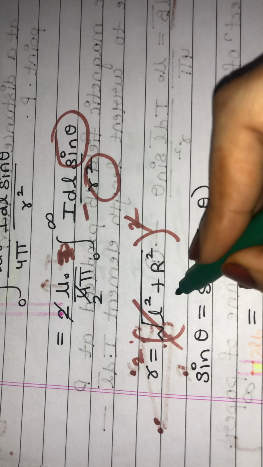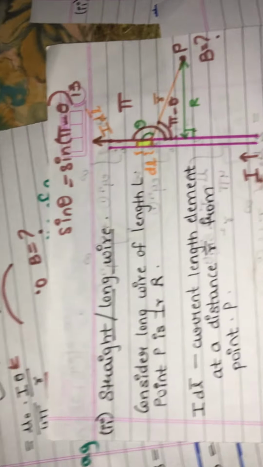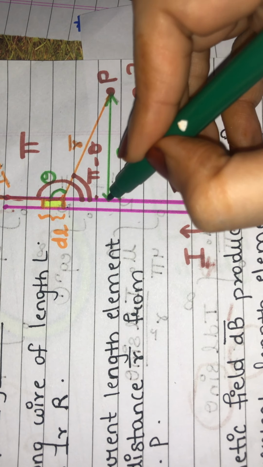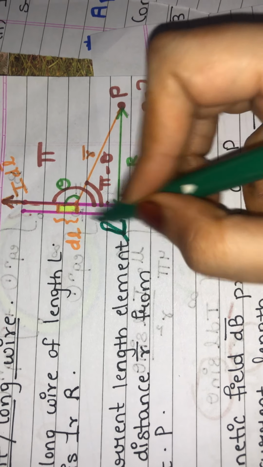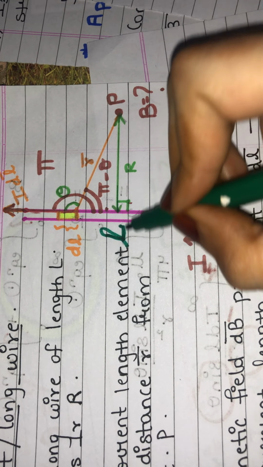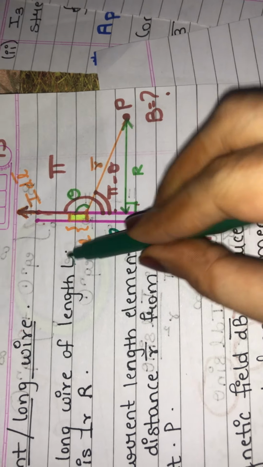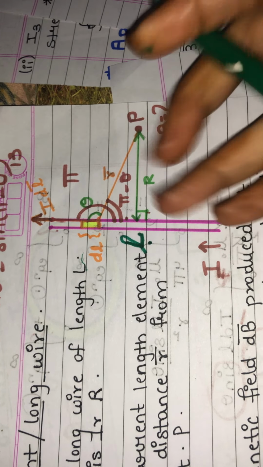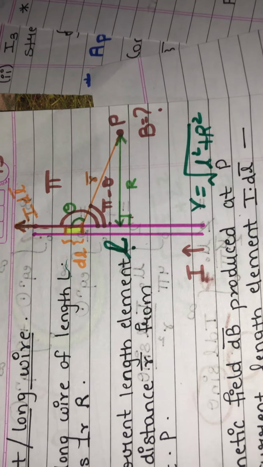In some equations also I have shown, small r is equal to square root of L square plus R square. This is for straight wire when we were finding at point P. See this small r. Here again we will see perpendicular, this capital R and the length of the wire. Small length element if you see, or the capital length of the wire, whatever you see, it will be okay. ठीक है. This L and R are perpendicular. See this L, length of the wire, and R are perpendicular to each other. So this small r is equal to square root of L square plus R square. This is how we determine this equation.